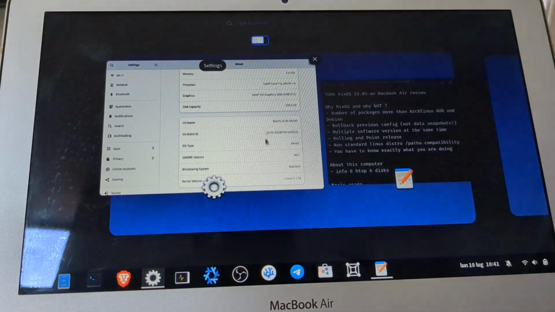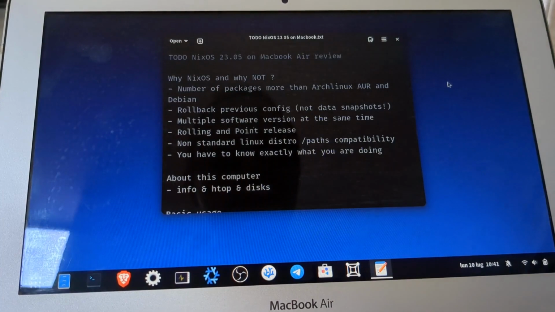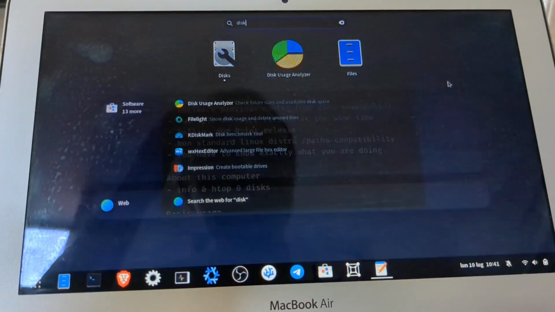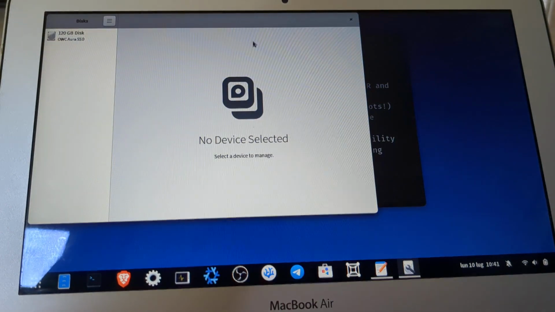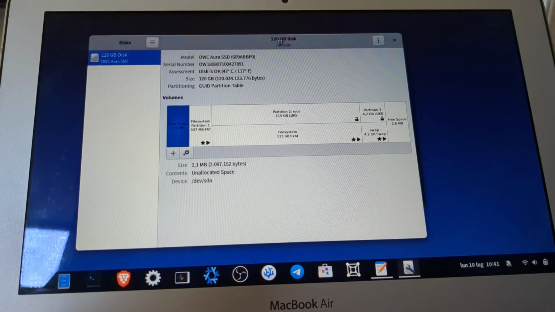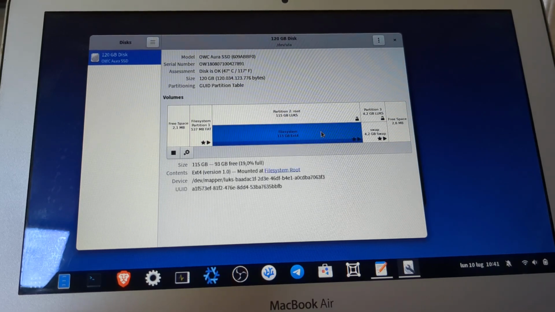Okay, so let's also see the disk partitioning. I used the installer, which is available in NixOS. So many configurations are made by the installer, and I chose to enable LUKS encryption in the partitioning.